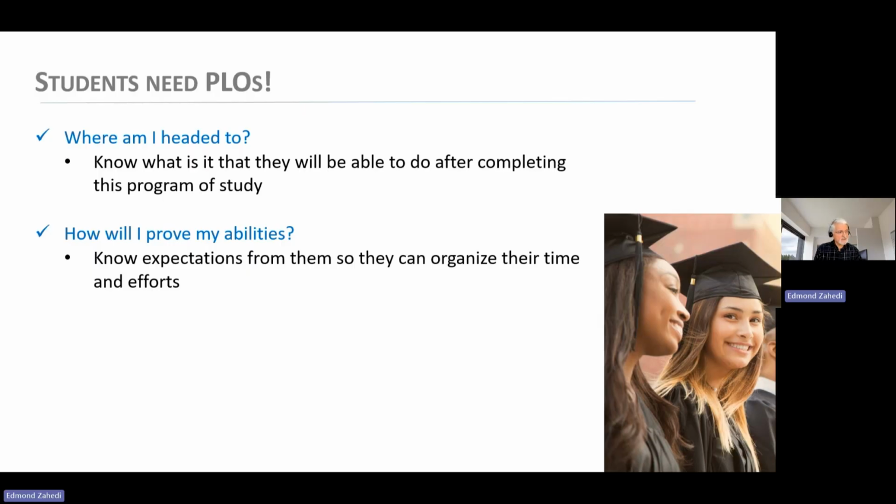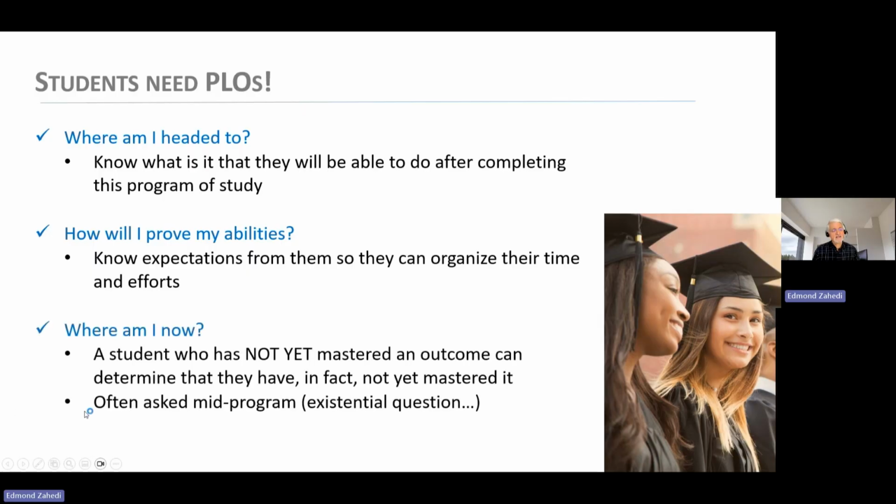During their studies, students need to determine what they have mastered and what remains to be mastered. Finally, as we all know, completing any study program requires a great deal of personal effort. Students are always faced with the existential question: is this really worth so many sacrifices? Having a set of learning outcomes which gives them direction will help dissipate these doubts.